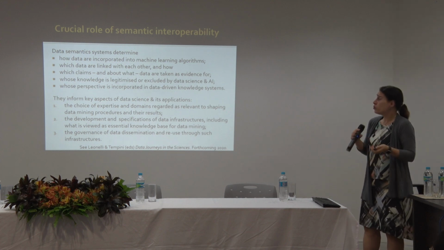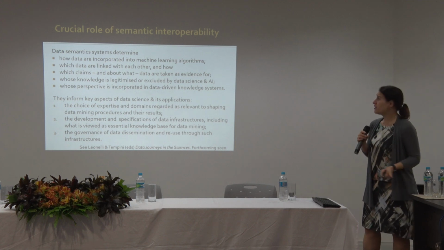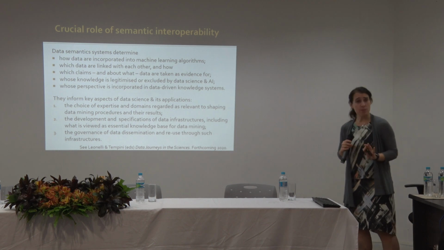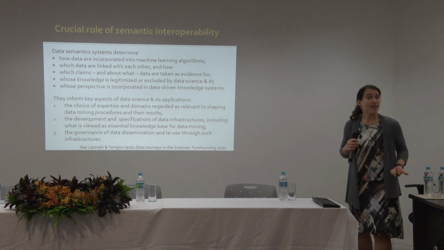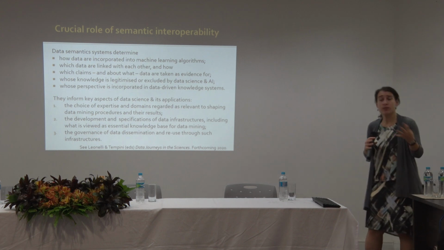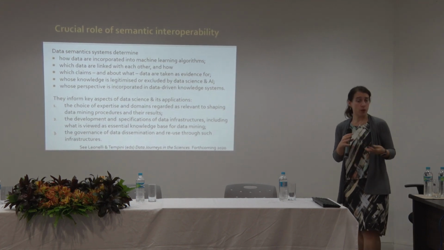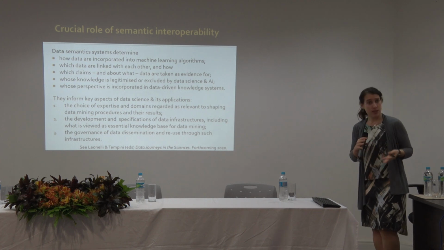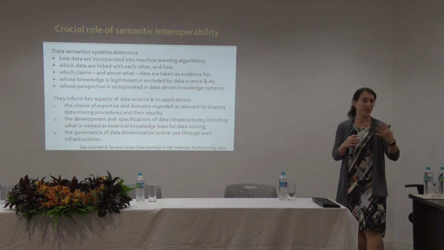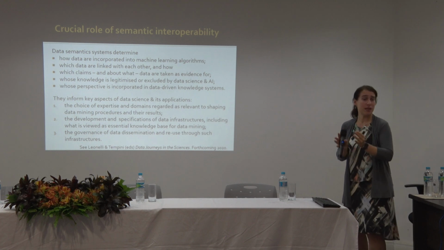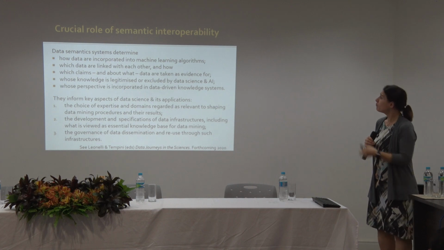Data semantics do determine how data are incorporated into machine learning algorithms, obviously very important. They determine which data are linked with each other and how, which claims and about what data are taken as evidence, whose knowledge is legitimized in a broader social and political sense within these databases, who is being represented, who isn't, which knowledge is being excluded from data science and AI, and which perspective is incorporated in data-driven systems, because typically a semantic system is based on a particular theoretical perspective. There are going to be many around, and decisions made about how we interpret the terms that go into setting up databases and so on. So,